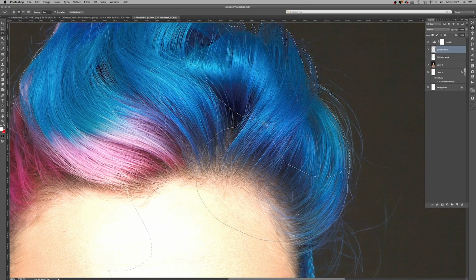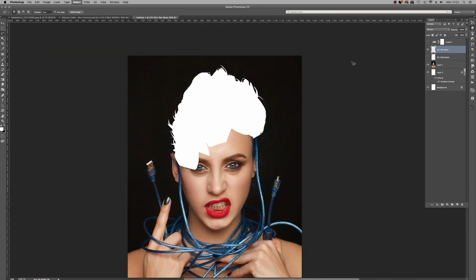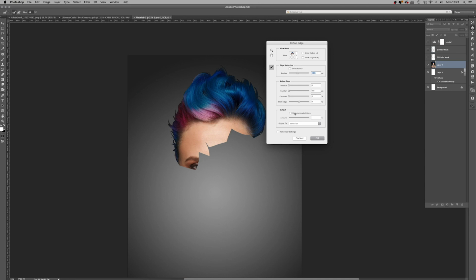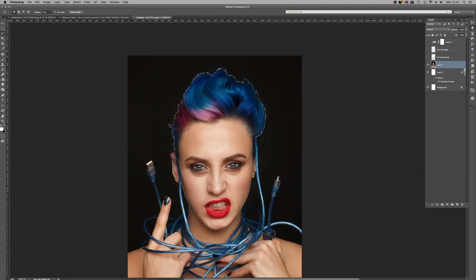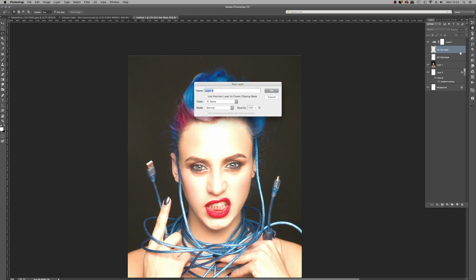Here, just a freehand lasso tool for doing the same for the hair, so it's its own layer. Fill that with white, and the reason that we're doing this is because we're going to go back and use those for selectively editing different parts of the composite. So I actually tried to composite the hair, but I realised I was ahead of myself, so that was a mistake. I turned the levels adjustment layer back on just to brighten things up, and going ahead and creating a